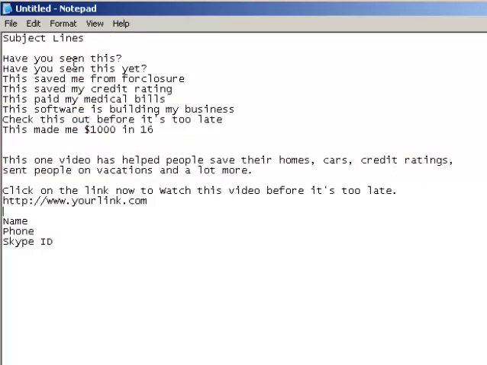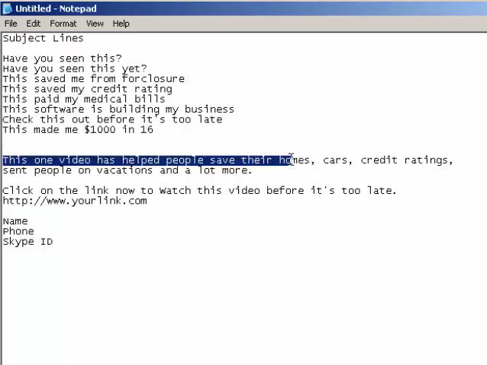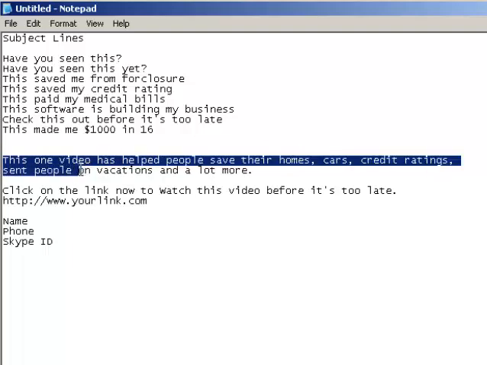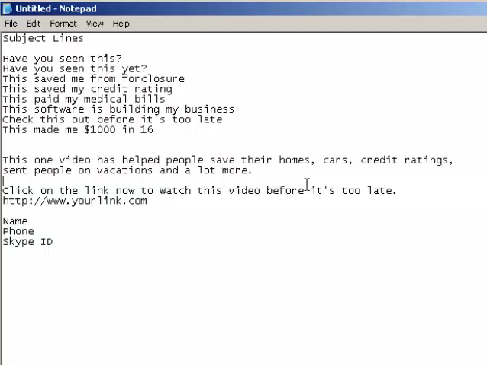Next, you have the body of the email. And I'm just going to say that we go with, have you seen this? Because I've used that with success. And then it says, this one video has helped people save their homes, cars, credit ratings, sent people on vacations, and a lot more. Again, if you're familiar with hot buttons, you know that these are all hot buttons. Making money, being smarter, being better, taking vacations, new houses, new cars,